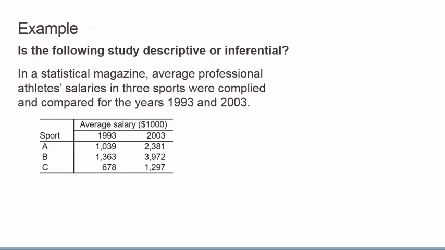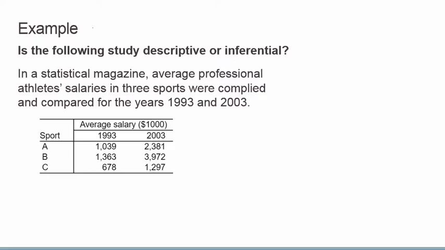In this example, is the following study descriptive or inferential? In a statistical magazine, average professional athlete salaries in 3 sports were compiled and compared for the years 1993 and 2003. The average salary was in thousands of dollars. For Sport A, 1993, $1,039. In 2003,